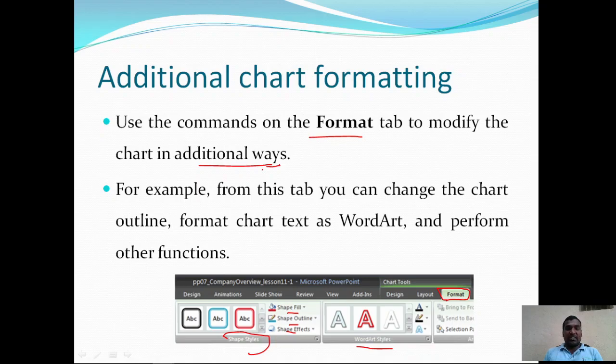So we can perform several formatting options. Formatting commands are there to make the chart present effectively. For example, from this tab you can change the chart outline, like a border, format chart text as word art, and perform other functions too.